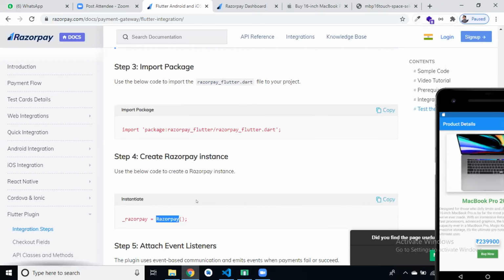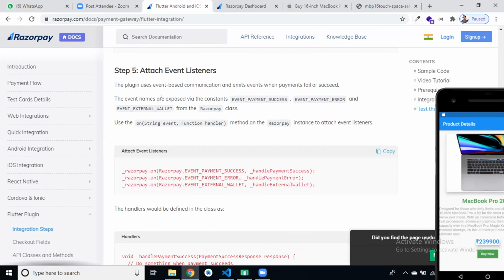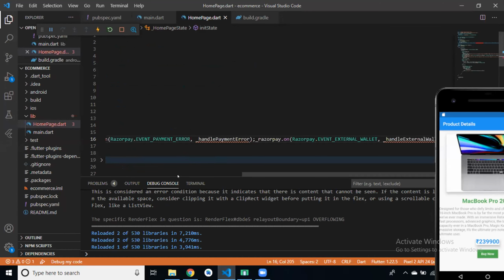Then attach event listener. We have event names like event payment success, event payment error, event external wallet. So we have 3 events. First we have to attach event listener in our Flutter app. So simply copy this and paste it in init state.